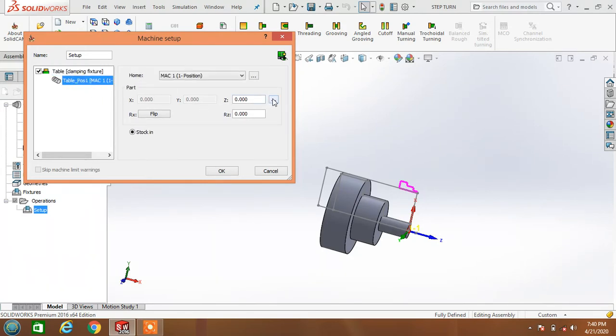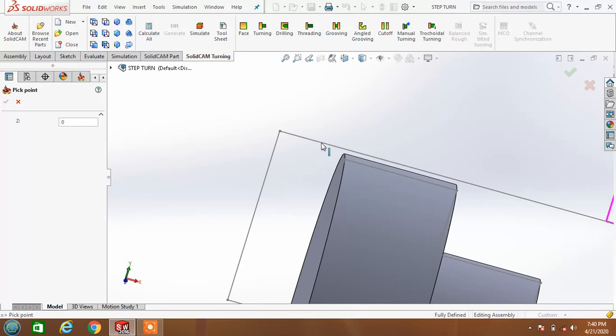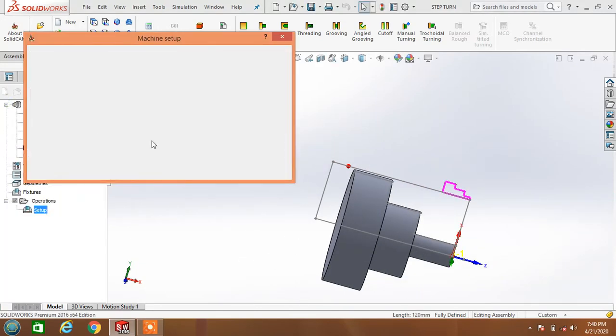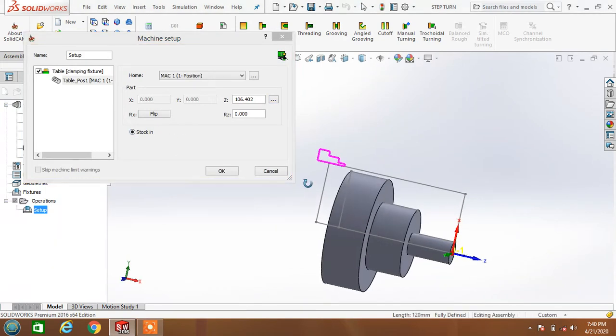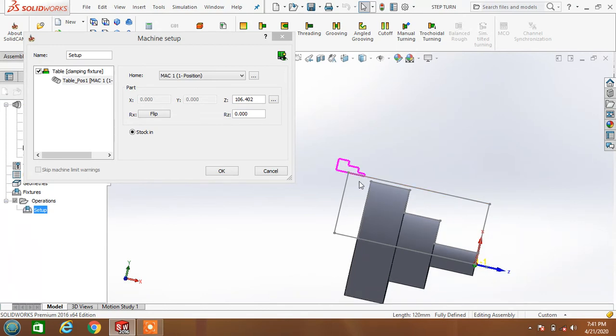From this, in Z, just simply click here and pick Z will come. So select pick Z and select this portion. Okay, and give a tick. See here, the chuck portion comes on the left side of our workpiece. This is the safest portion of the fixture. Okay, just select it.